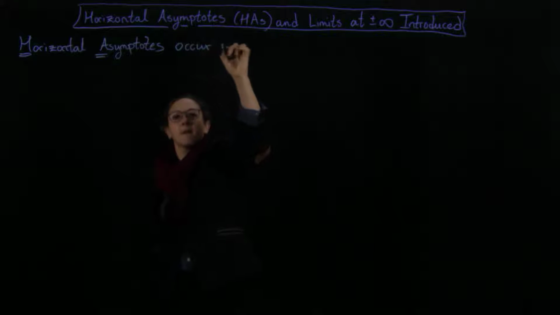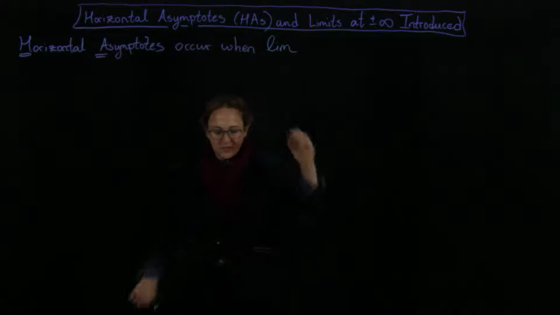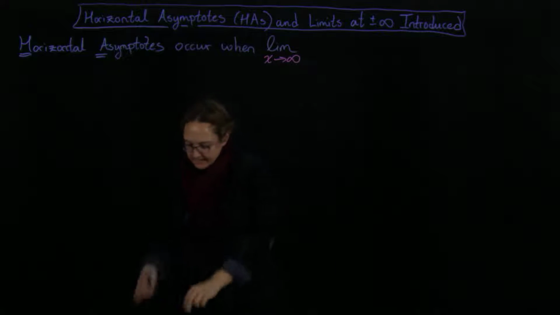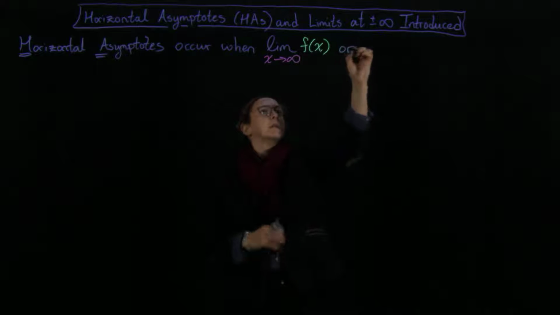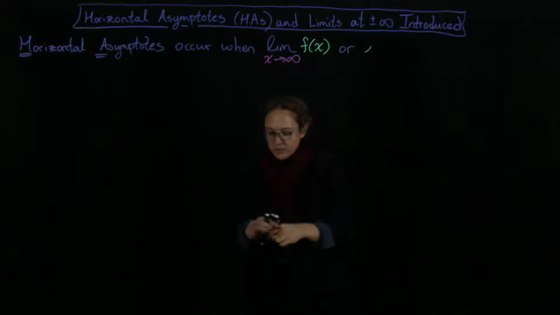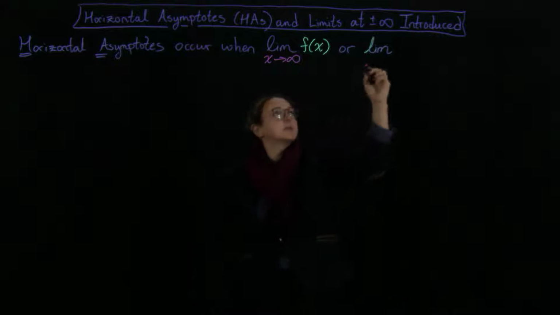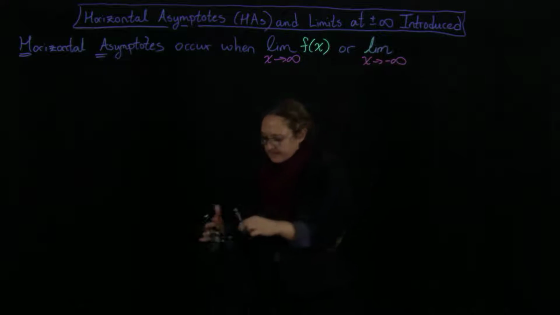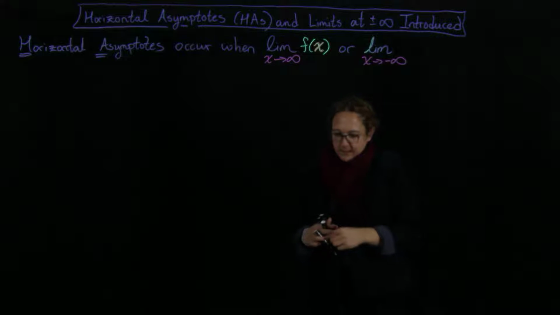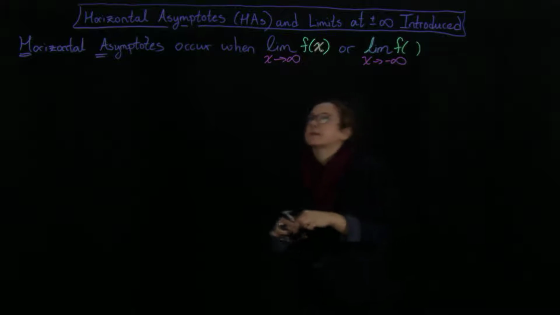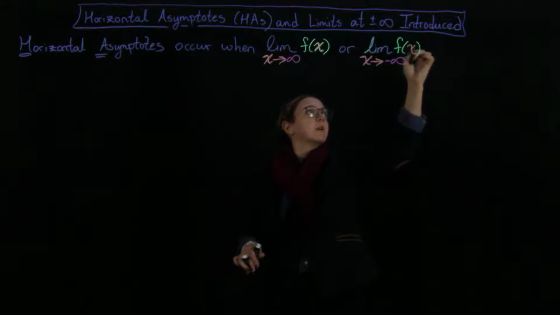They occur when we have the limit as x goes to infinity of f of x, or the limit as x goes to minus infinity. So the limit as x goes to minus infinity of f of x. This x is going towards infinity, or this x is going towards minus infinity, right? So we're looking at these limits